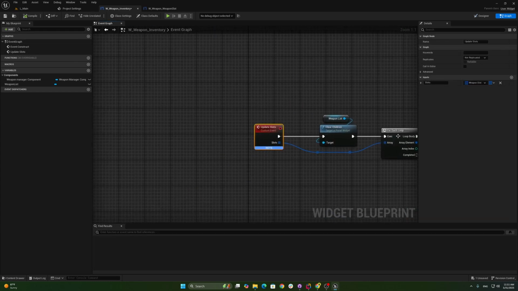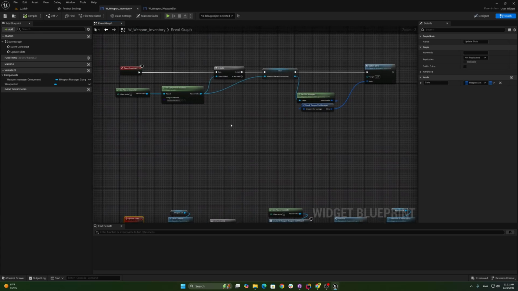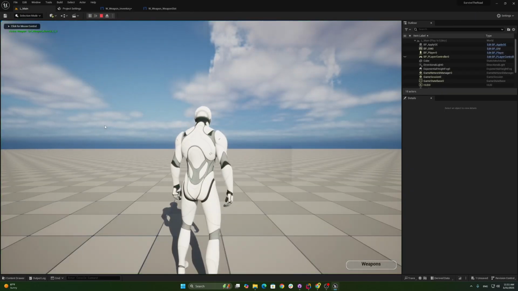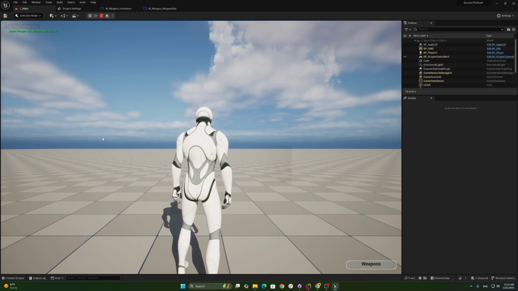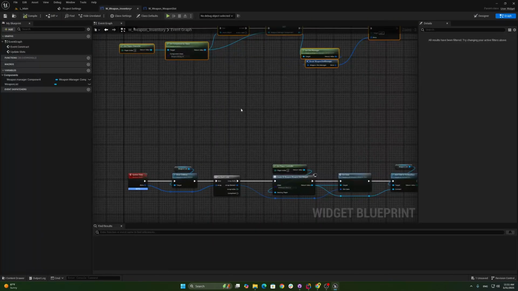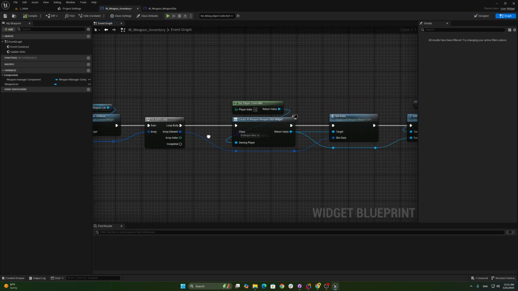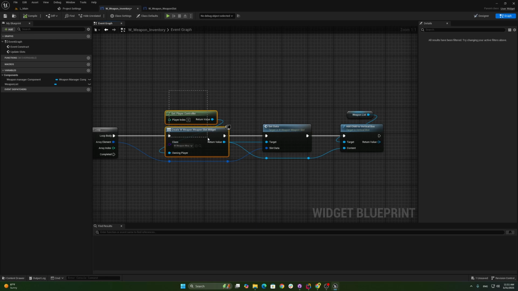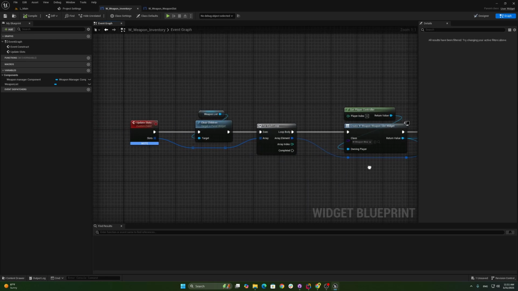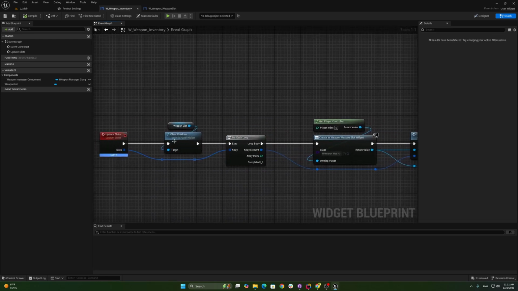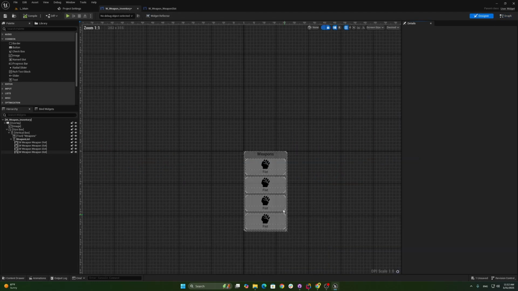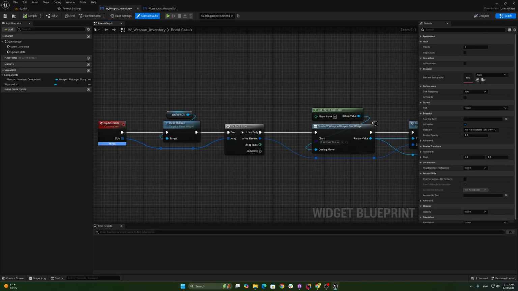I don't know what the hell is going on. Okay, so this is going to basically listen to the data we have and populate the data. Now, if I play, we have weapons, it is empty, which is strange. Let's see what is going on. Creating the widgets, adding the widget. Clear is working, because this is going to be removed, and then